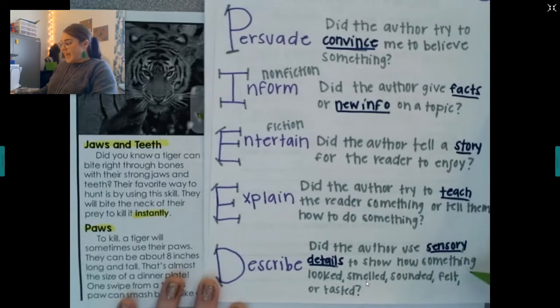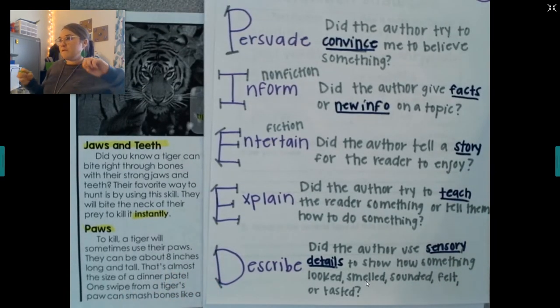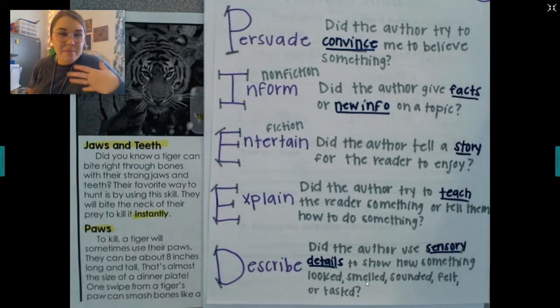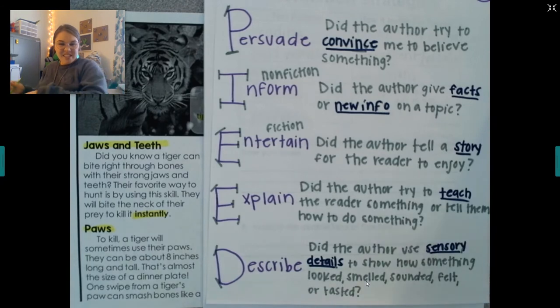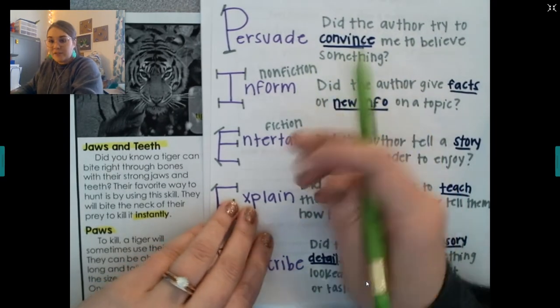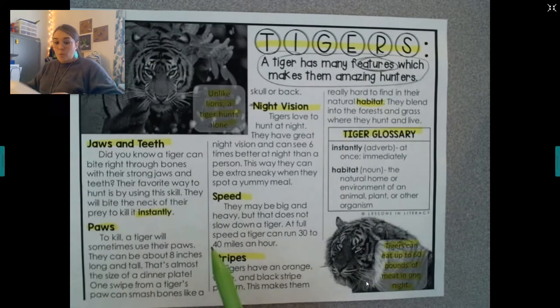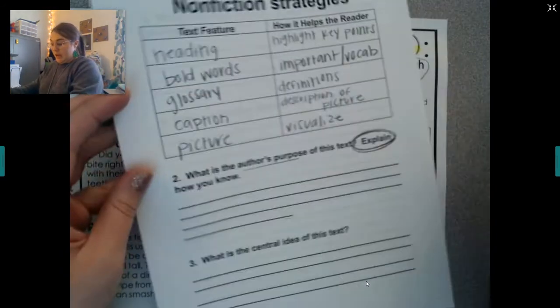They didn't really say tigers are the fiercest, most crazy looking animal. They didn't really describe anything to me. They didn't tell me how it smelled or sounded or felt. They didn't say anything about how a tiger smells. Ew. So it is definitely to inform. And what is it informing me of? Well,